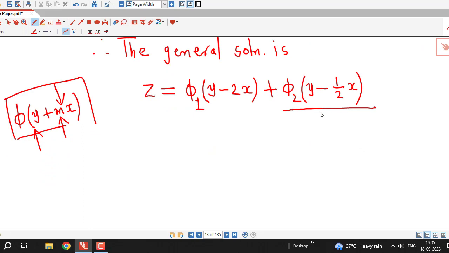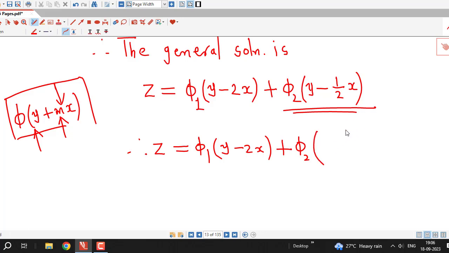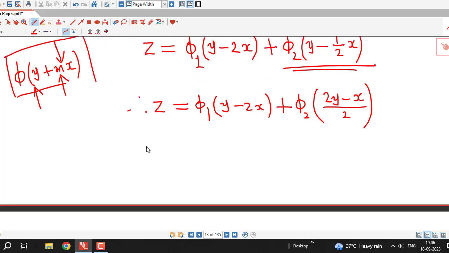We can rewrite this. Therefore I keep this as it is: phi 1 of y minus 2x plus this I can rewrite as, if I take this 2 in the multiplication of y, 2y minus x divided by 2,